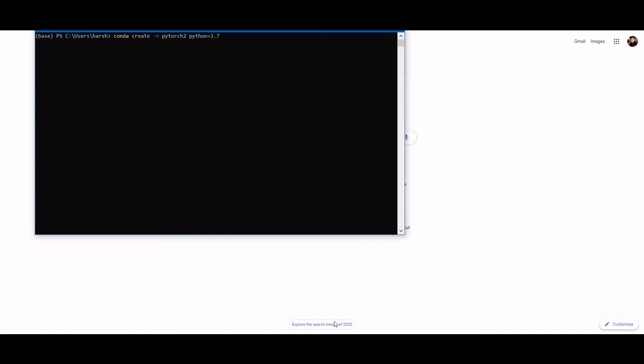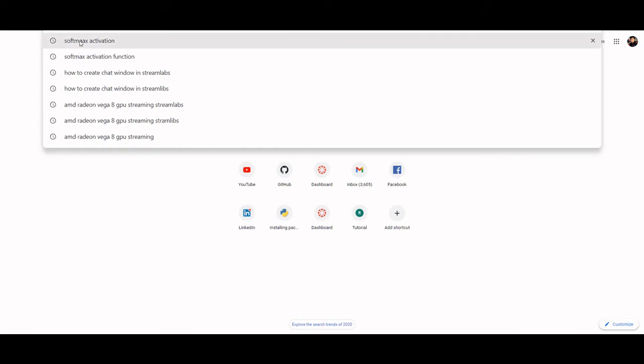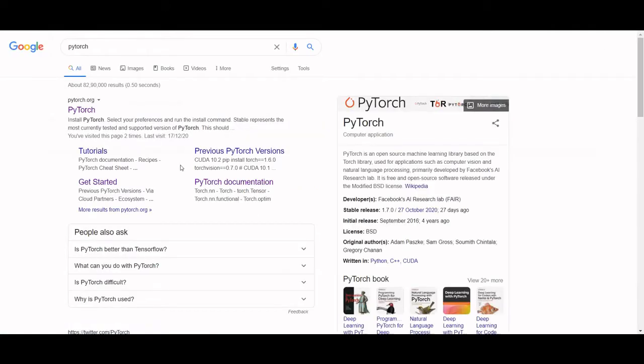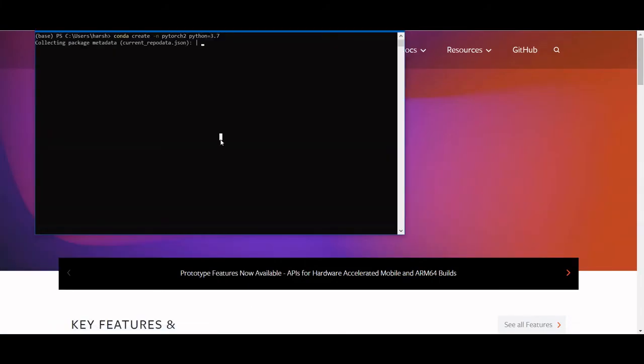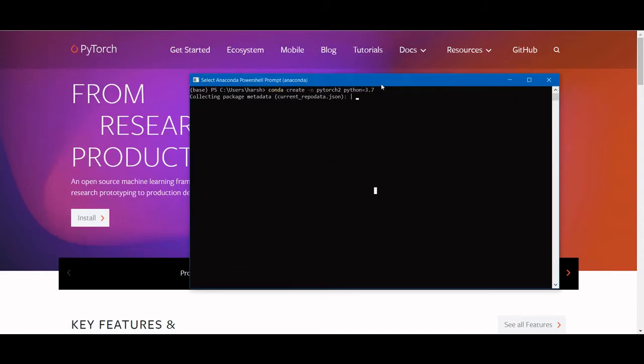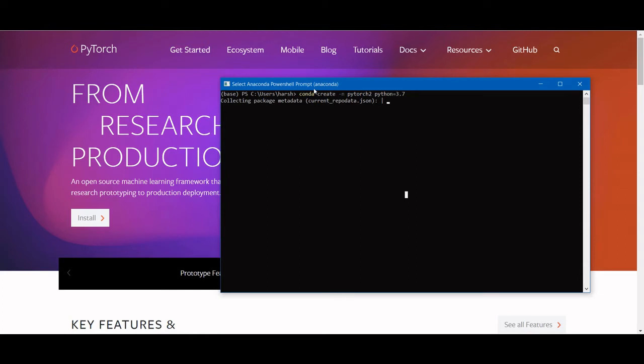After that we have to go to the PyTorch documentation. Now you can see my environment is working. Before that we have to set a command to install PyTorch.